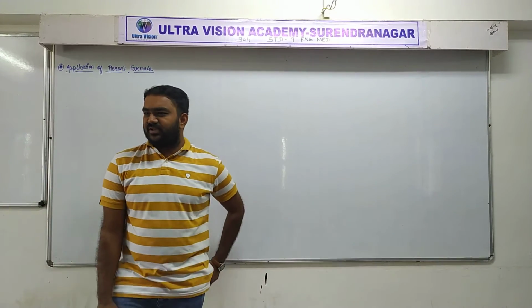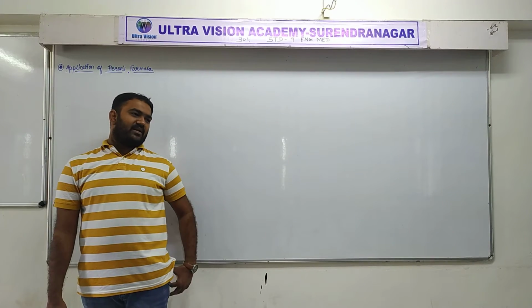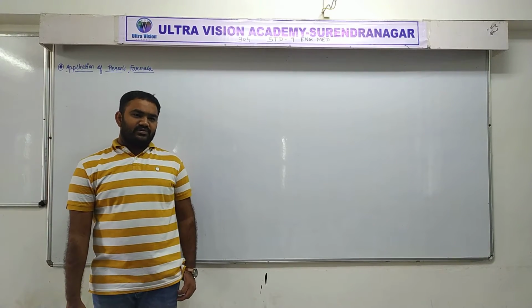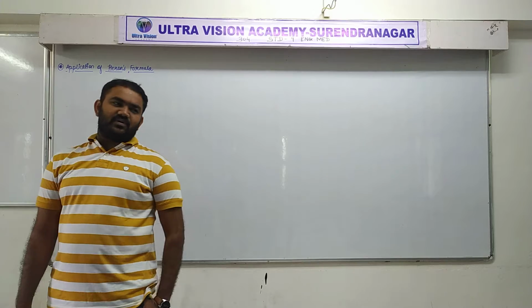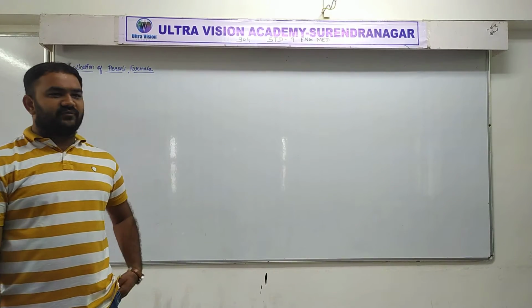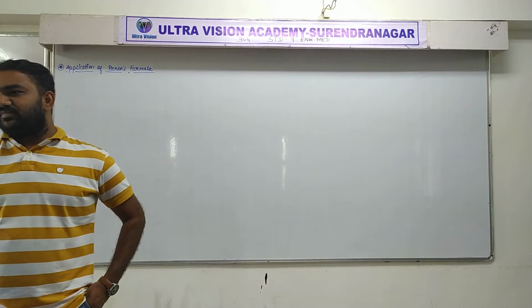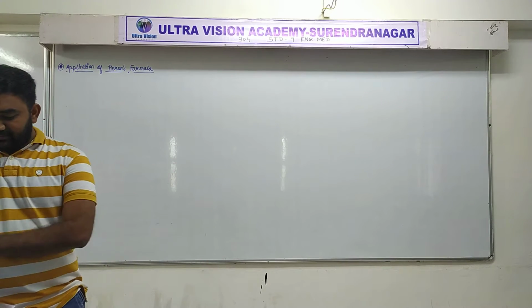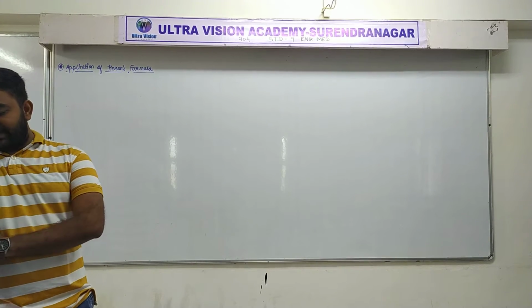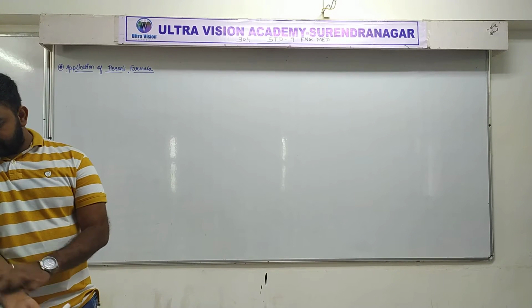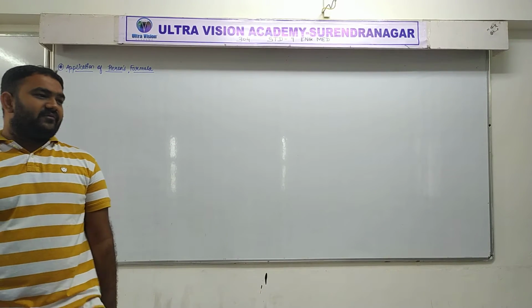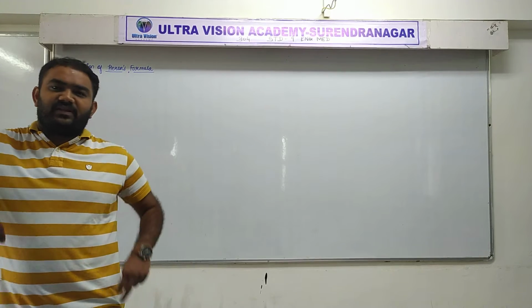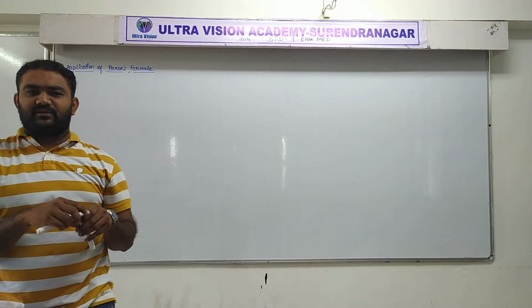Chapter 7 we are going to study about the triangles, the different types of triangles and their congruence rules. Chapter number 8 we are going to study about different types of quadrilaterals and some theorems based on the quadrilaterals and parallels. Ready? So let us see its application. The very first example defines the application of Heron's formula in finding the area of a quadrilateral.